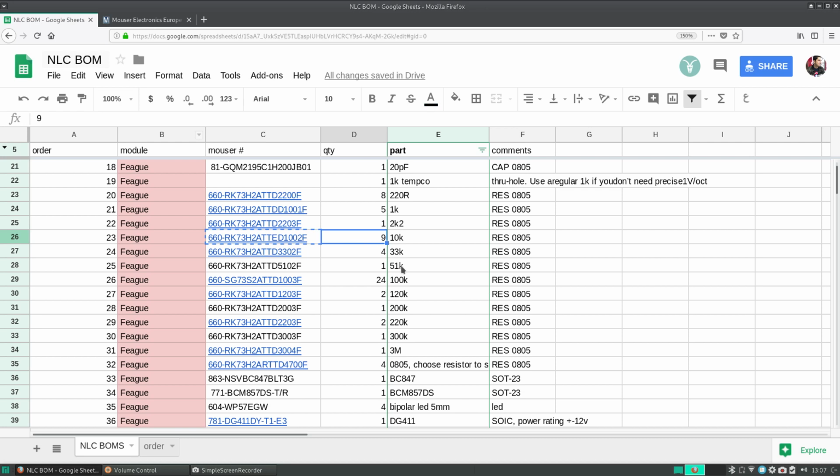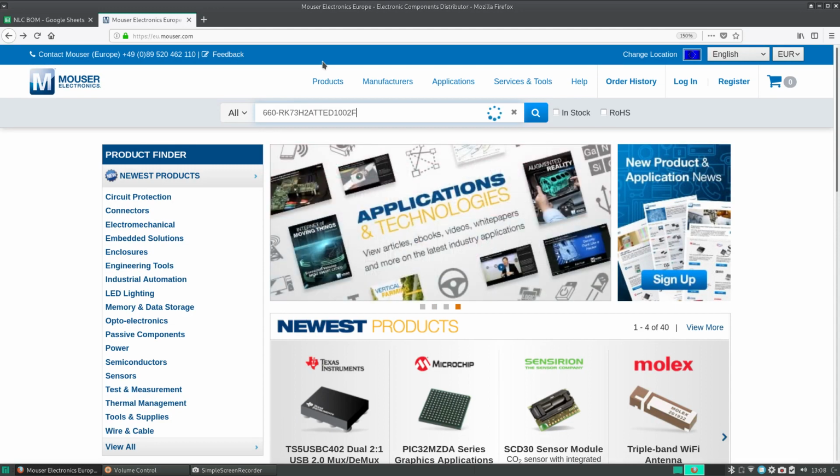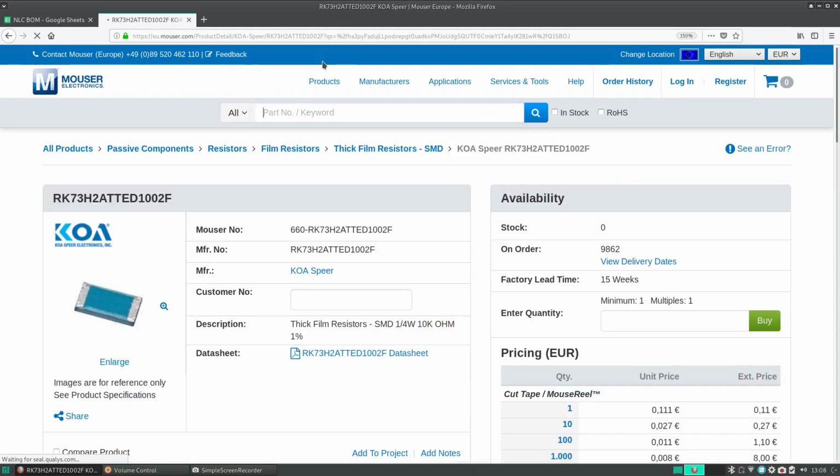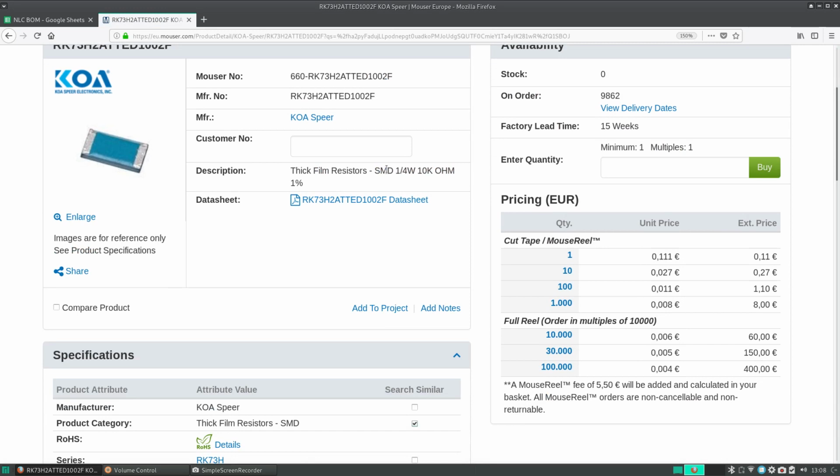So let's say, one way to find things is to base your search on other similar items. Let's say we want to find a 2.2 kilo ohm resistor, and we have this 10 kilo ohm part. We want to find a 2.2 kilo ohm resistor with similar characteristics. So you take this 10 kilo ohm part, which is an SMD 1/4 of watt, 10 kilo ohm,